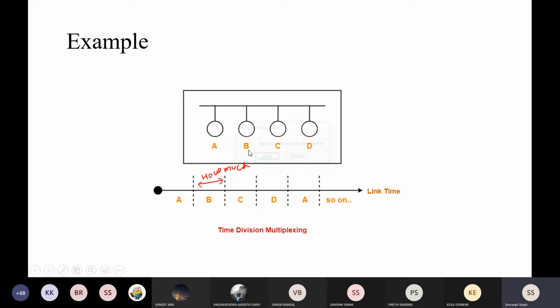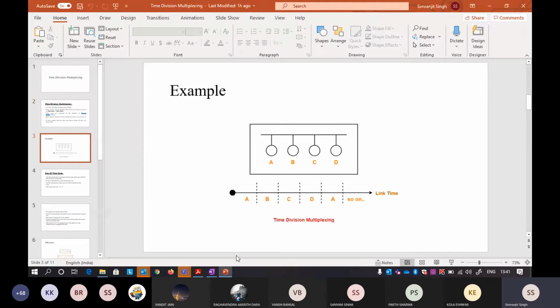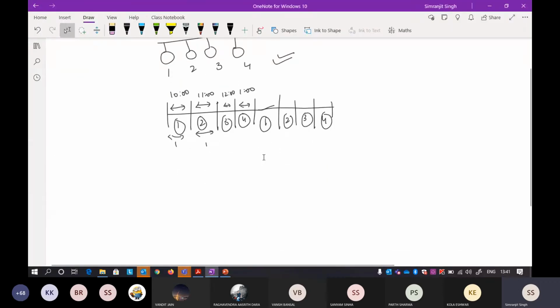Okay, so actually how much will this amount of time be? If I have to calculate it, I'll tell you. Suppose in the worst case, you want to transmit a packet from this particular station to this particular station, so this is 4. In the worst case, how much time does this particular station require? Suppose this is the turn of 1.